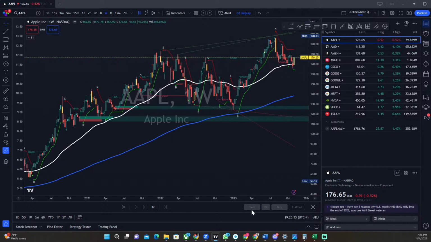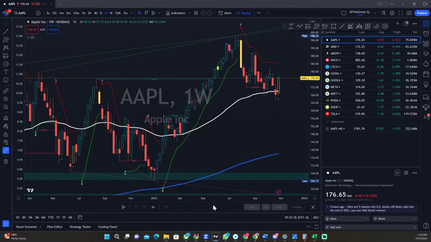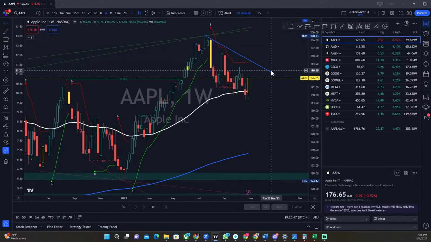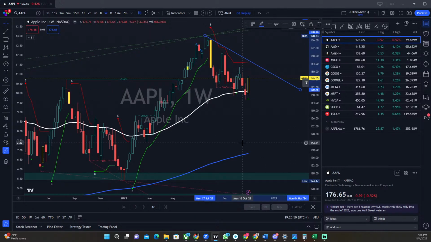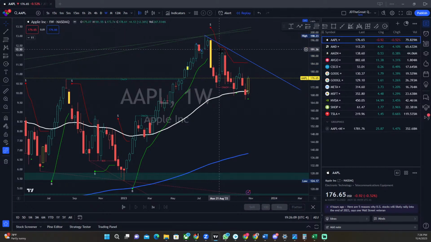If we look at this weekly, the weekly lets us know that right now we are trying to reverse the trend. Let me put a trend line here. This is a solid downtrend, and we are making lower lows. If you've never been to one of my charting classes, I do suggest you chime into one. I break this down from the ground up. A downtrend requires a lower low and a lower high. If we look here, we do have those: a low, lower low, lower high, lower low, lower high, and now we got a new lower low.